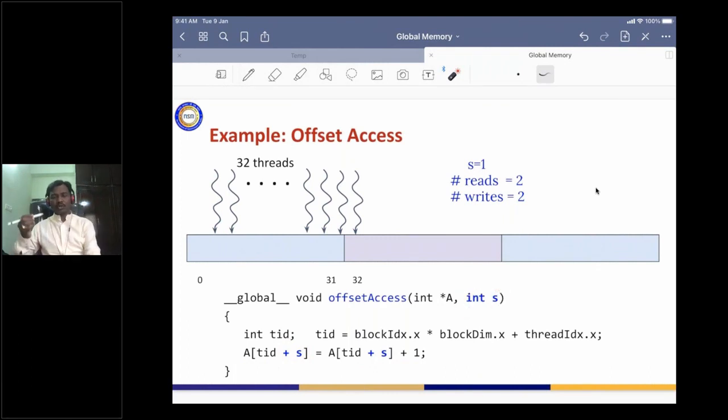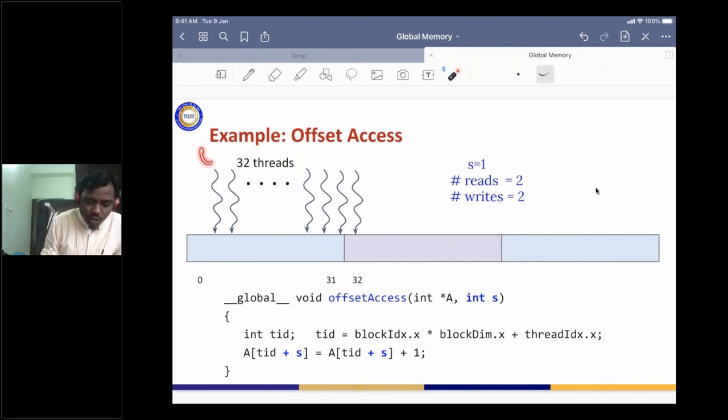The user is going to pass the value of s from the main program, say 1. As of now, we are going to fix this s value as 1 and try to understand what is happening in this example. When the value of s is equal to 1, what is happening?